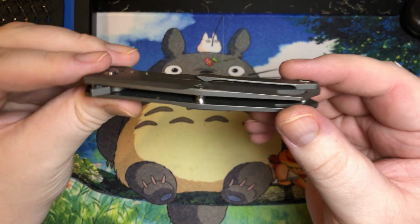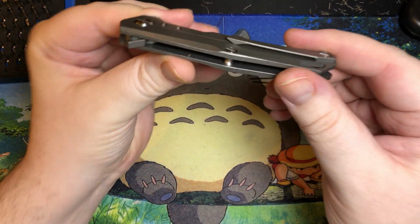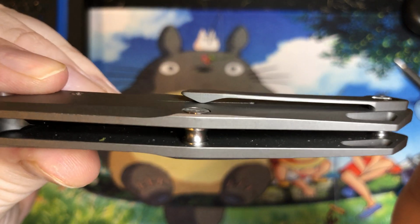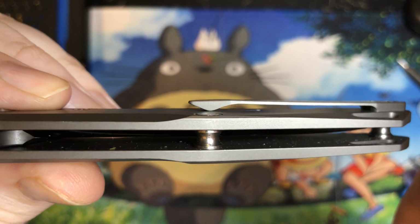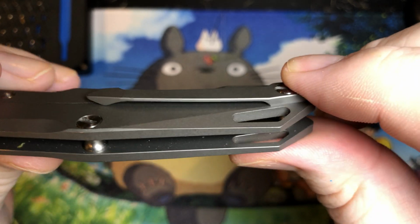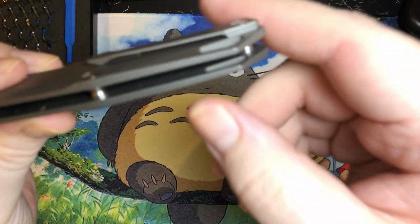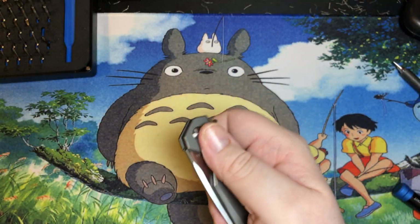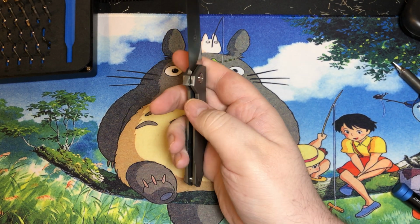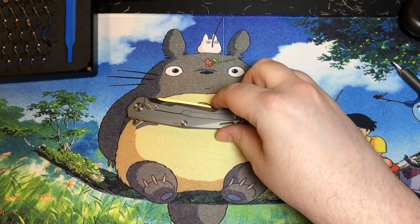The clip works. It doesn't really have the most scooped out front area, so it can actually be a little difficult to get that in some larger or thicker materials. But once it's there, it's perfectly fine. That is something to be said, I suppose, of most of these more upscale versions of TwoSuns, where they will have